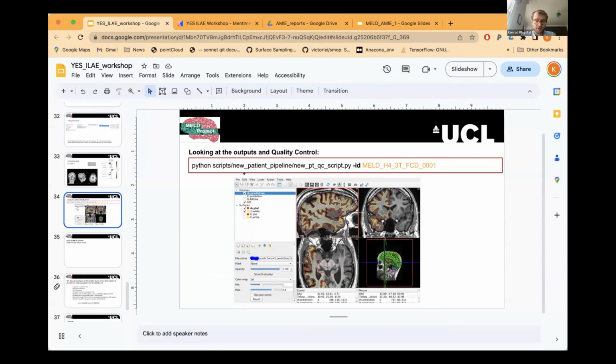So here, this is a QC script that comes as part of the package, and thanks for raising that, because I didn't cover this in much detail. If you run this script on an ID, it will automatically load up with FreeSurfer the inner and outer surfaces and the predicted clusters, and that helps you check whether this is a recon error, potentially a flare artifact. And as Mathilde said, we found out that the sequence at GOSH tends to have these particular